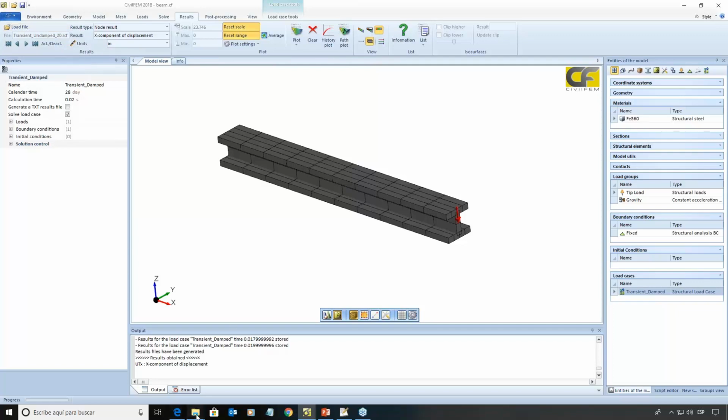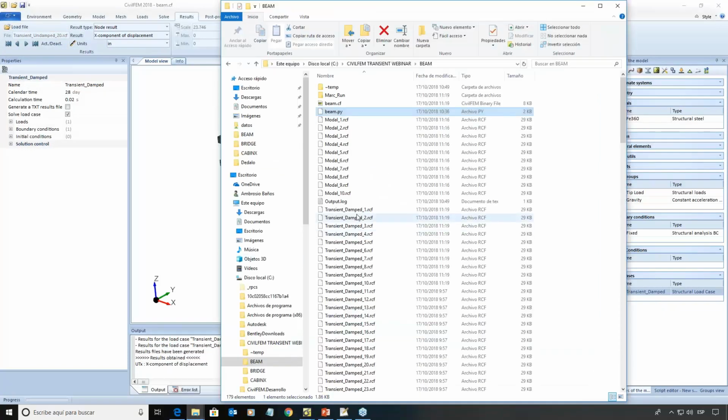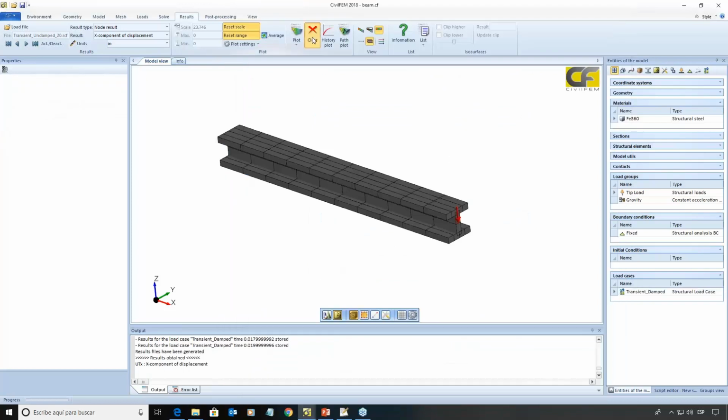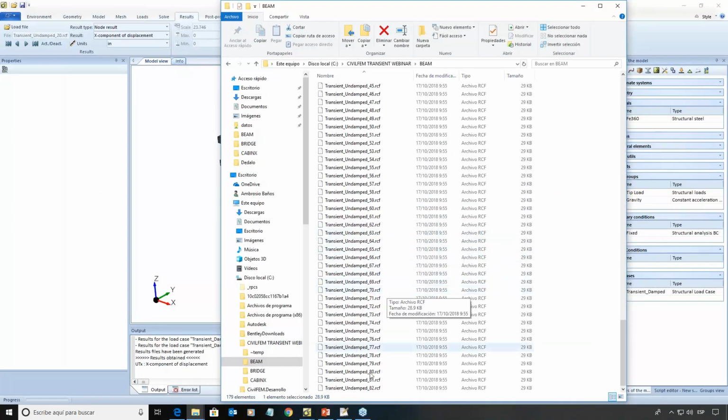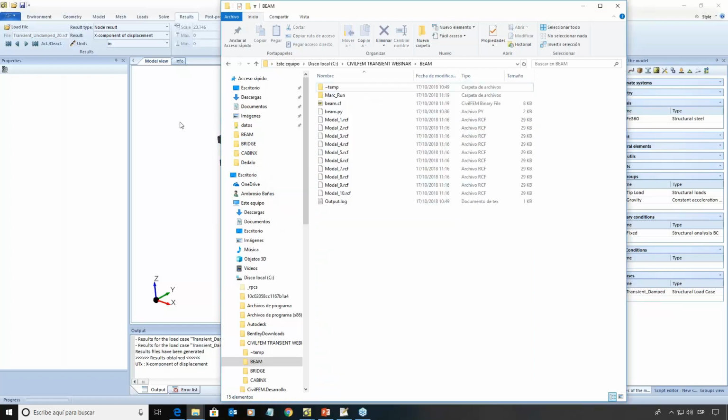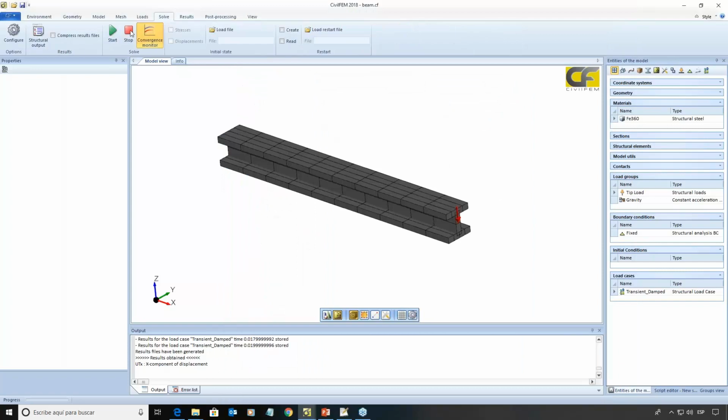As I have results from a previous analysis, I will delete all of them first, so I won't have any conflict, and I will solve again,